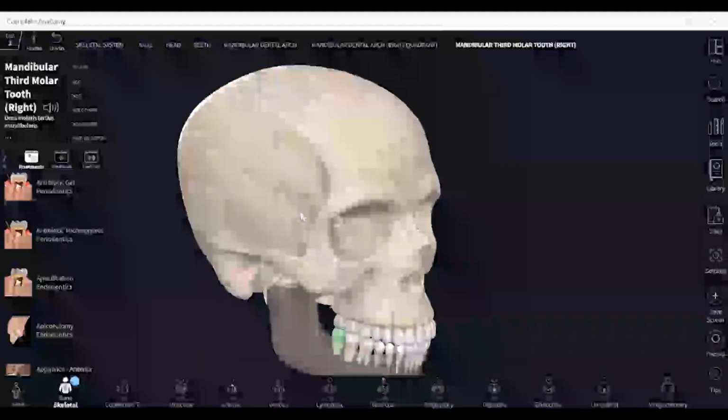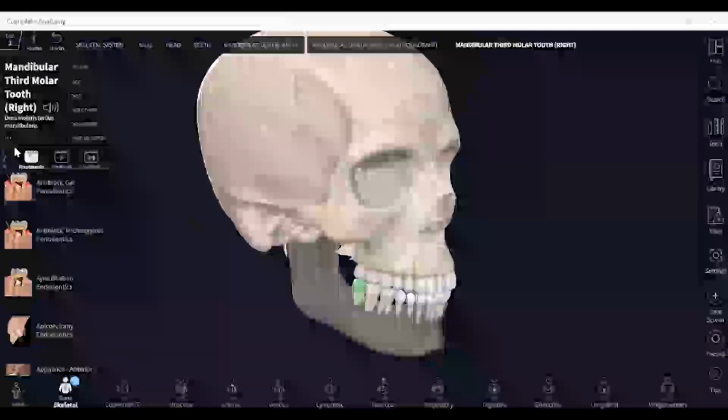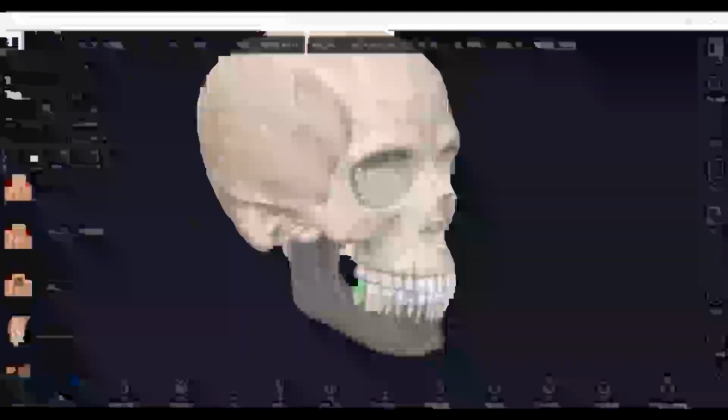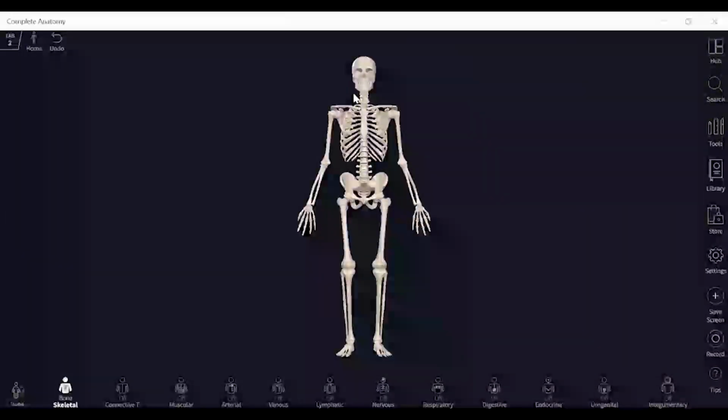Now we'll go to the muscles. If I click this undo all, it will go back to the main structure.